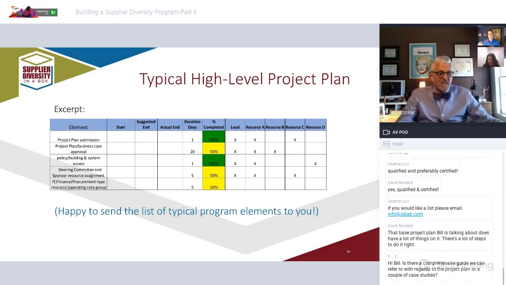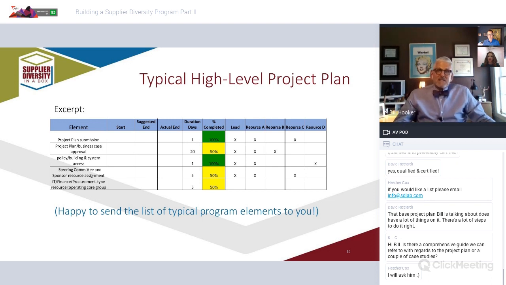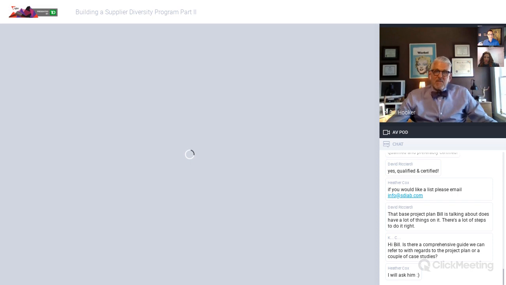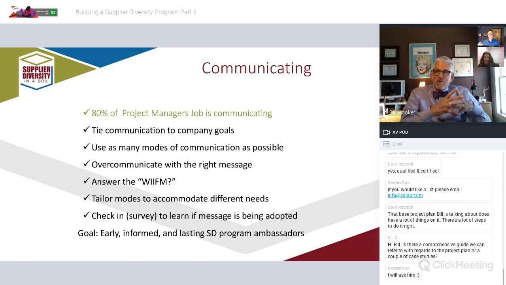We also have that red, yellow, green. I don't have any red up there, but we want to make sure that we use this document to be able to communicate to your executives and to your steering committee, which I'm going to suggest shortly, what level of completeness you have. And red, yellow, green always makes you feel good, because if you see green, you know you're in good shape. If you see red, you know that you better get cooking on the whole thing. But that's, I think, very, very important.